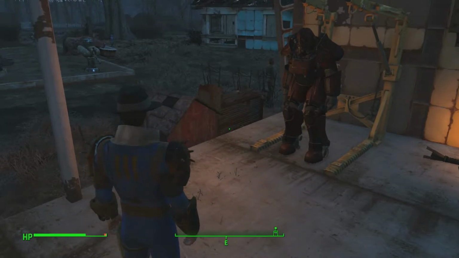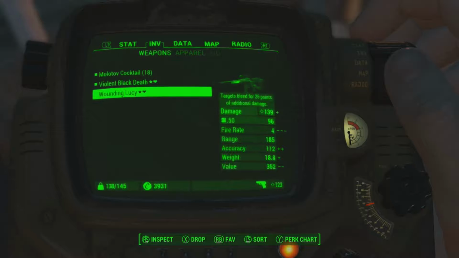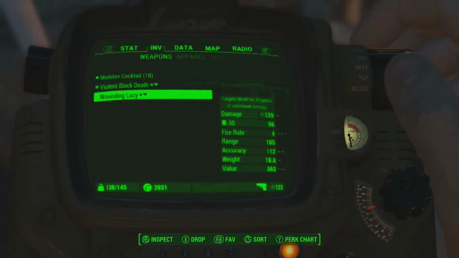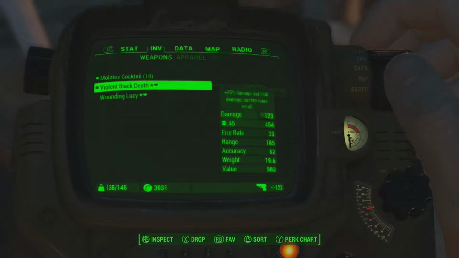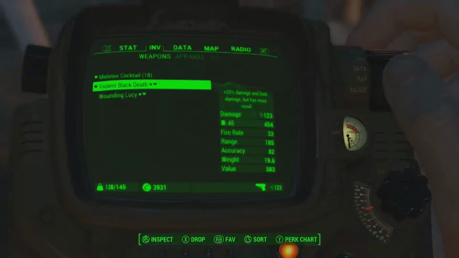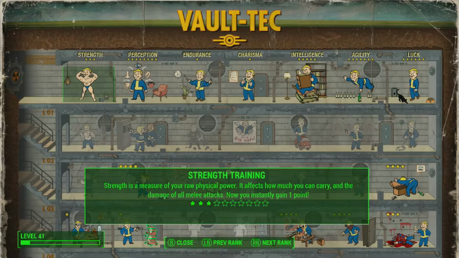Oh wow, because even by dropping everything, I'm still at 138 out of 145. I don't know how to lower myself anymore unless I get different weapons. But like I said, I'm not. I expect to be a rifleman and nothing else. And so what I realized is what I gotta do